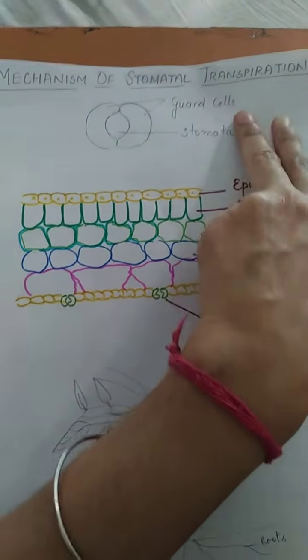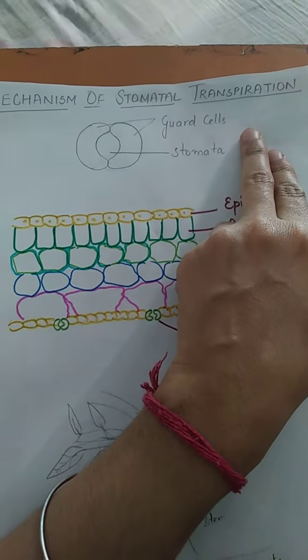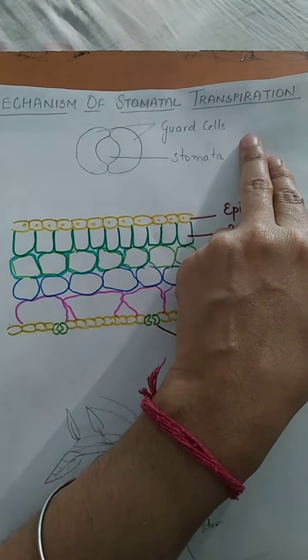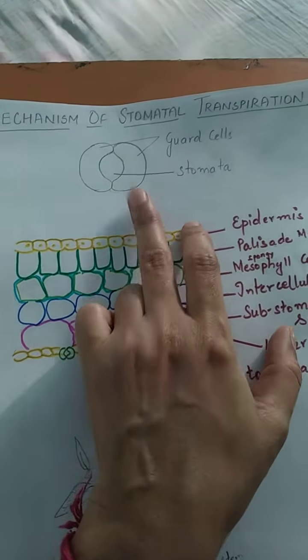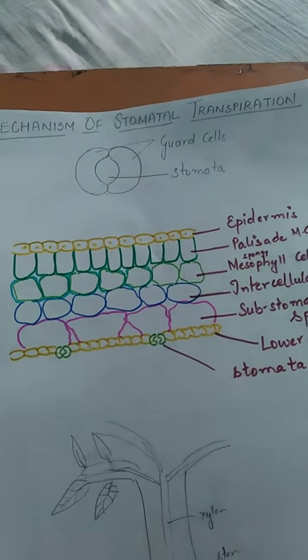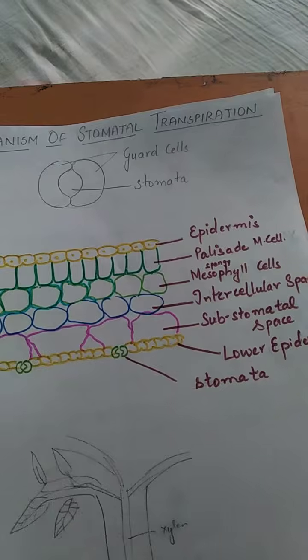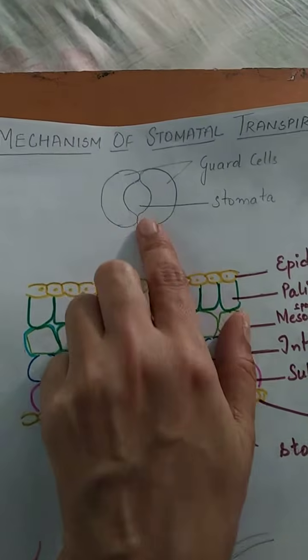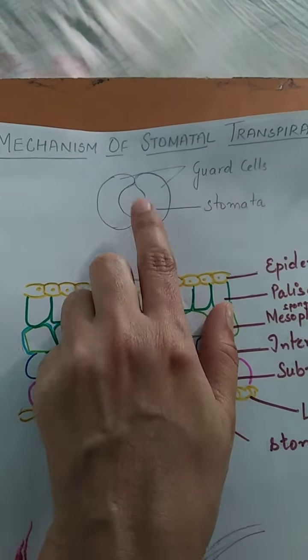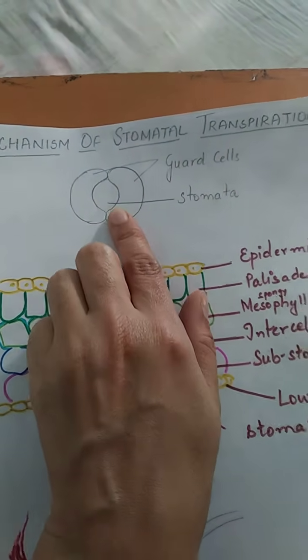So transpiration, you have read in the chapter, is the loss of water from the aerial parts of the plant in the form of water vapors. Aerial parts means the parts above the root, above the ground level. It includes the shoot, the branches, and most importantly the leaves, which have this structure: two bean shaped guard cells covering this central pore known as stomata.